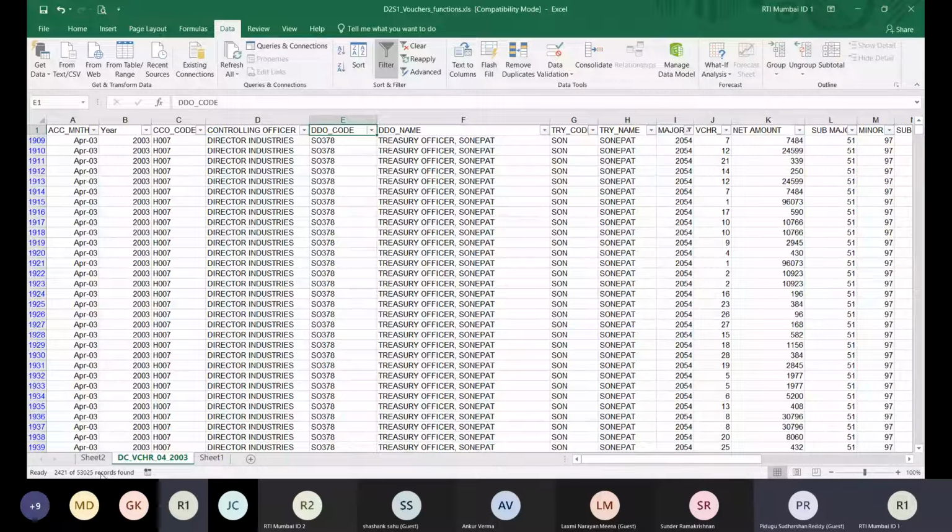कैन यू सी दिस? उसको मैं ये नहीं कर सकता, जूम नहीं कर पाऊंगा। आपको दिख रहा है लेफ्ट साइड में कर्सर? प्लीज दिख रहा है सर, दिख रहा है।